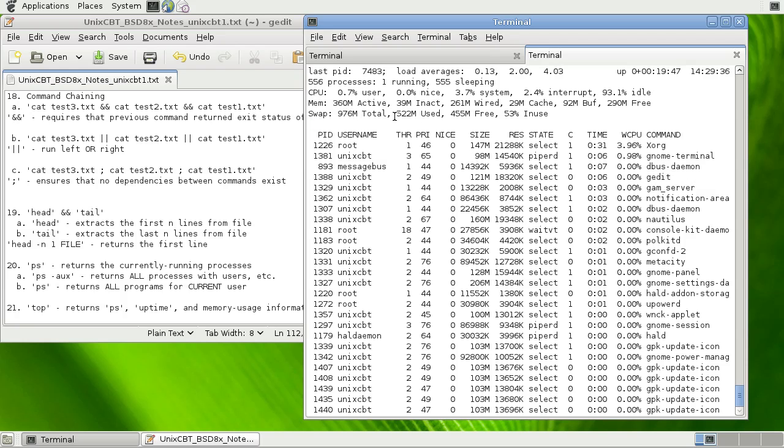So this shows 522 megs of the swap is currently used, leaving the remaining free, which means we're possibly swapping a bit much. This is 53% swap, so we probably need to allocate more memory to the system. So that's something we need to look into to improve the performance and bring some of the CPU and memory values down. But also notice that it returns the same information, or very similarly formatted information, to ps, which includes